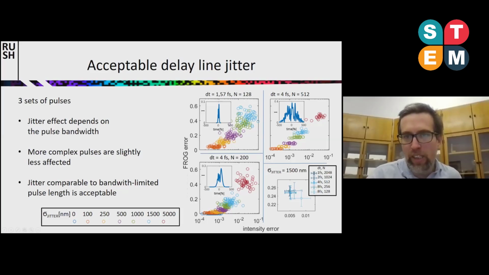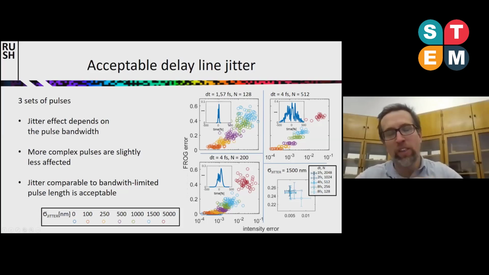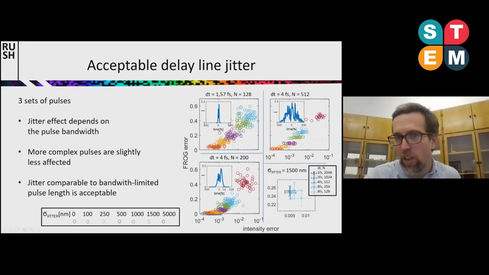And this is the same type of pulses, the same bandwidth as here. Bandwidth means that if your laser spectrum is spectrally broad, how broad it is, and the more broad your spectrum is, the faster pulse you can get. So these are equally broad spectra, but in this case we randomize the pulse much more, so we get a pulse which is more stretched in time.